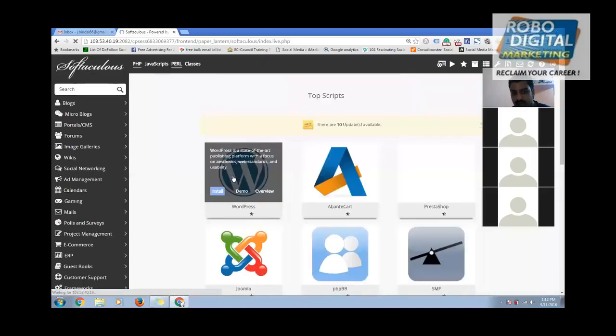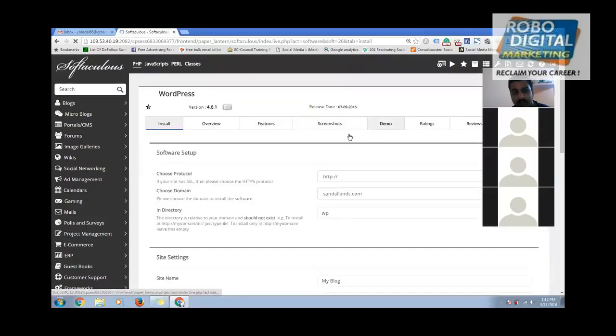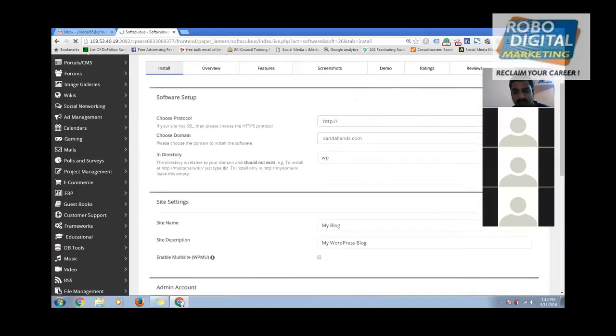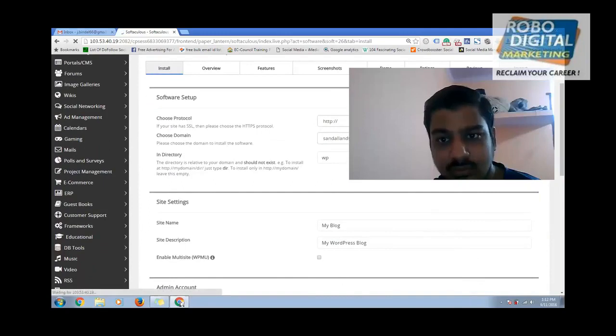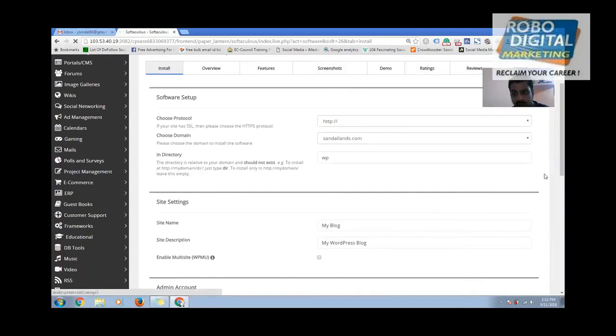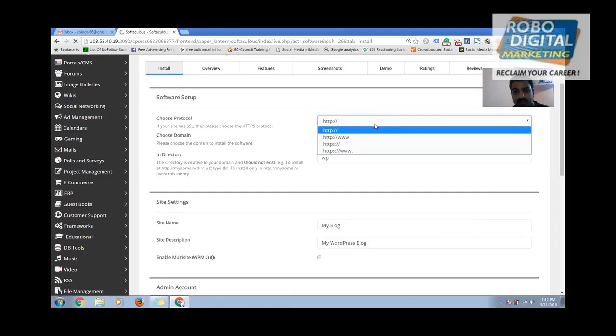takes you to WordPress, and here is WordPress. I can install WordPress now. When I click on WordPress, it gives me an option to choose protocol.